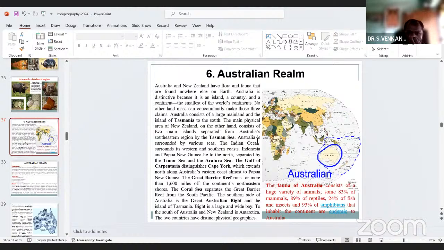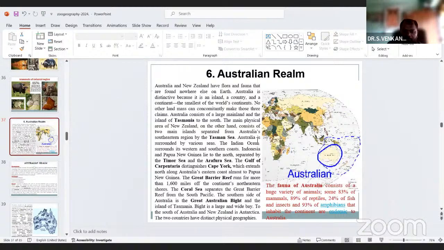The Indian Ocean surrounds its western and southern coasts. Indonesia and New Guinea lie to the north, separated by the Timor Sea and the Arafura Sea. The Gulf of Carpentaria distinguishes Cape York, which extends north along Australia's eastern coast almost to Papua New Guinea.